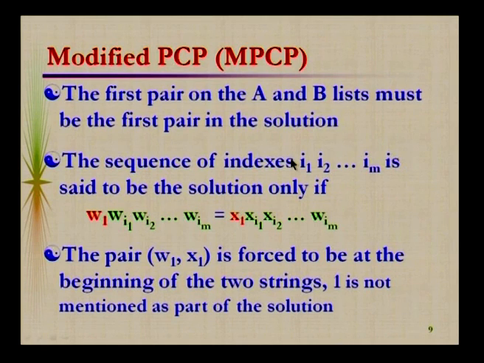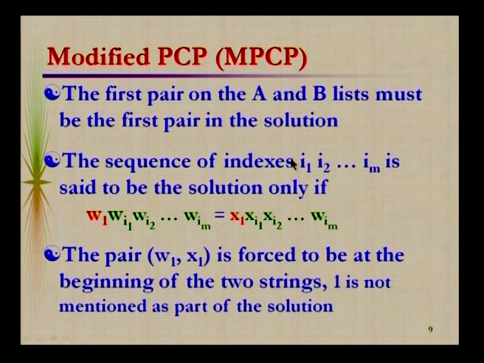Now the question is modified post correspondence problem. First you should know what is the need for this MPCP. The intention is proving PCP is an undecidable problem. To prove PCP is undecidable, we should be able to reduce the language LU to PCP. LU is the universal language, which we have already seen is an undecidable language. So, once we are able to reduce LU to PCP, we can claim that PCP is undecidable, but it is not straightforward to transform LU directly into PCP.